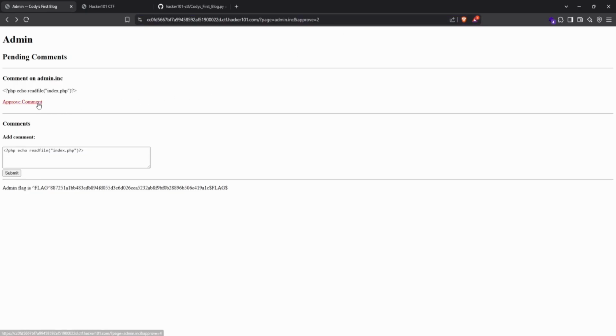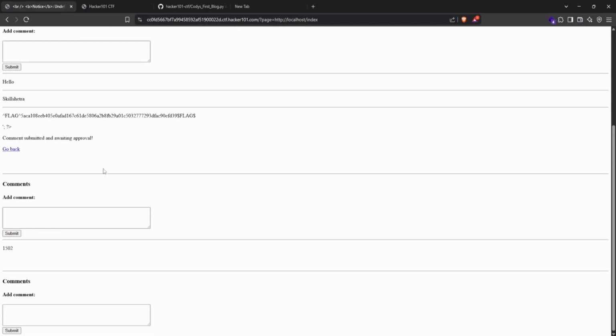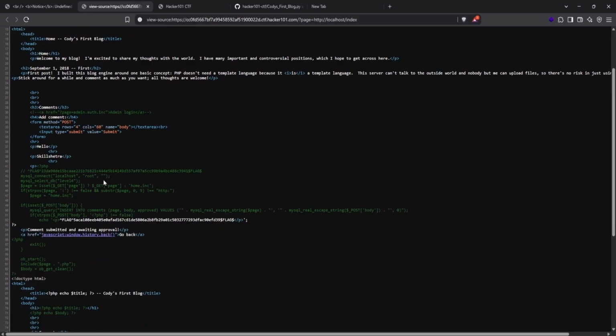I posted a comment, approved it through the admin panel, and then navigated to page=http://localhost/index. Now this may seem weird, but due to a vulnerability known as remote file inclusion (RFI), this tricks the server into fetching its own local content. And boom! I was able to view the raw source code of index.php, including the flag that was rendered through